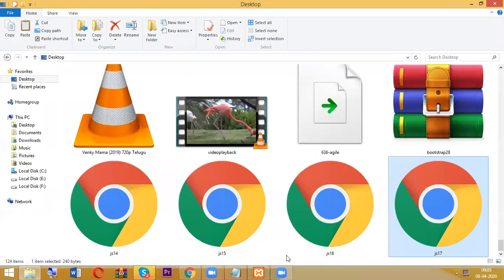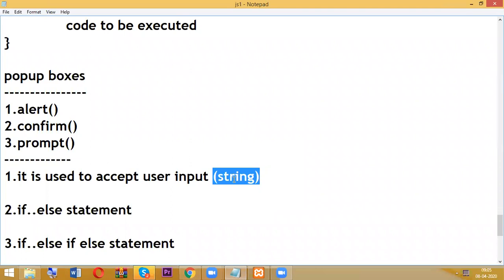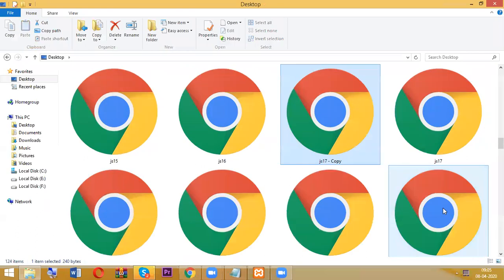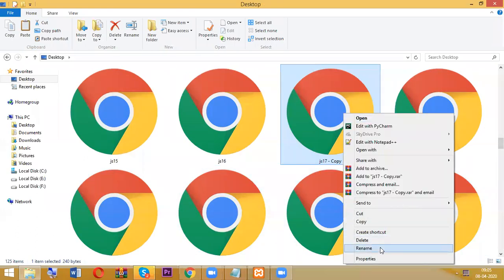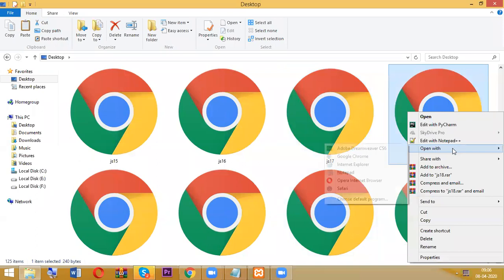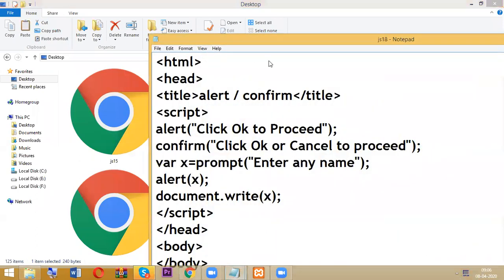Another example, because I said that it accepts user input in the form of a string. To clarify, I'm going to have another HTML file. Right click, open with.